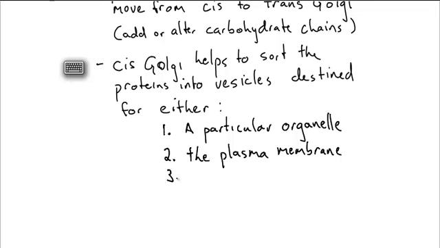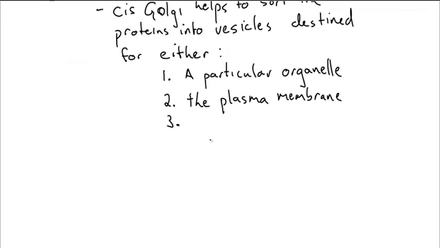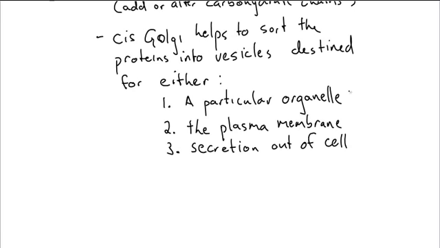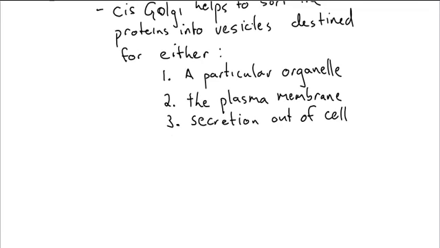Or they could be packaged in a similar vesicle that is destined for the plasma membrane, but as it fuses, it actually secretes the protein. So secretion out of the cell. And there's an interesting thing. It's clear that proteins move through the Golgi, become mature, and become sorted. But what's not sure is how the proteins move. This is unclear